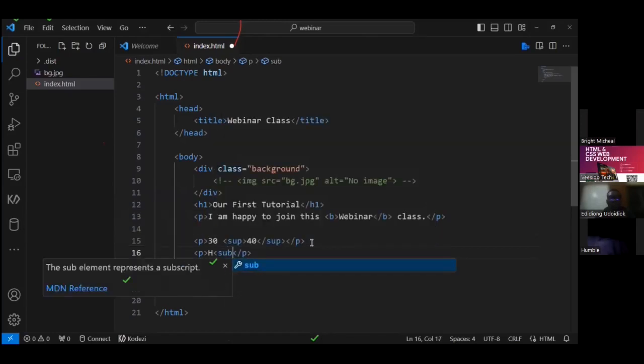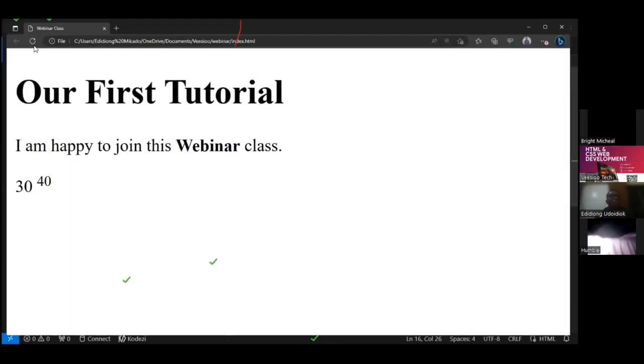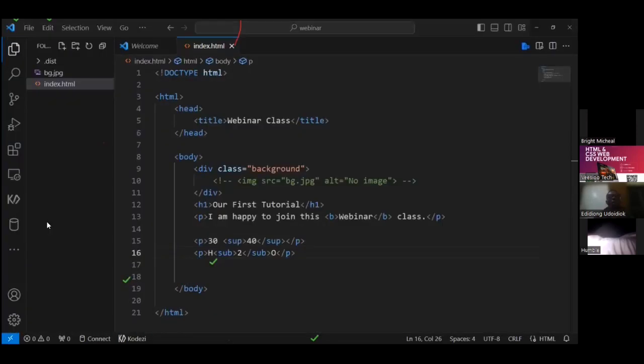The SUB tag now, and I have the 2 inside there. Then going back here, I have my O in capital letter. Okay, then I check my browser again. I refresh. You see that H is there, 2 is below, and O. That is how we can format text to have a subscript and a superscript. All right, then